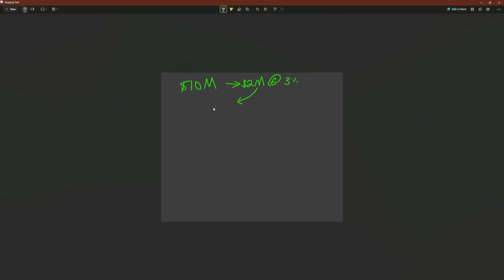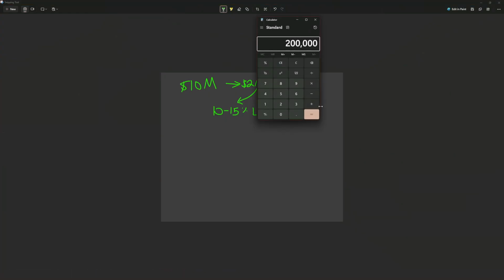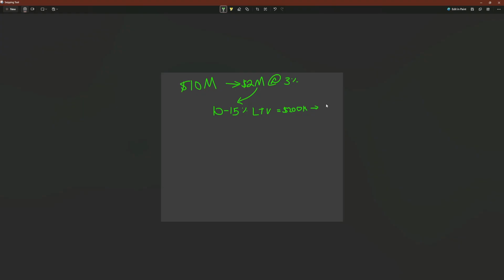Now your 10% LTV, which is typically, you want to keep it between 10 to 15%, because you don't want to rock the boat. 10 to 15% LTV, that equals about 200K of credit that you can draw if you want to keep it under that ratio. Okay, and 3% of that, let's pull that up here. 200 times 0.03, it's going to be 6,000. 6K. That's your annual interest if you drew on the full 200,000.